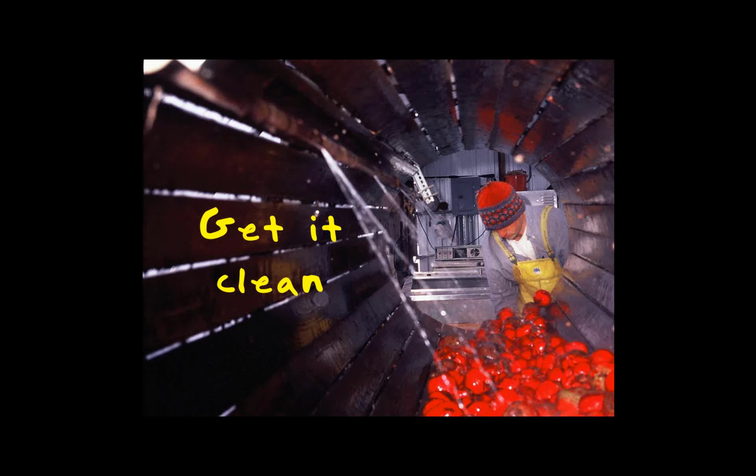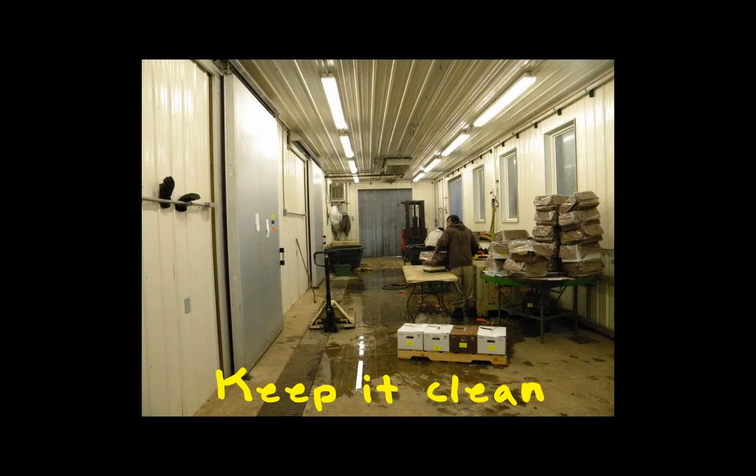So, something like a barrel washer or a brush washer can be a nice tool because you put the dirty produce in at one end, it gets progressively cleaner as it moves through it, and when it comes out the other end, it's clean. So we like that nice linear flow. We also like to separate the process of taking the dirt off of the produce from actually keeping the produce